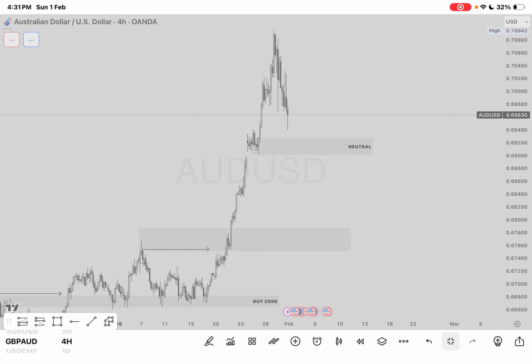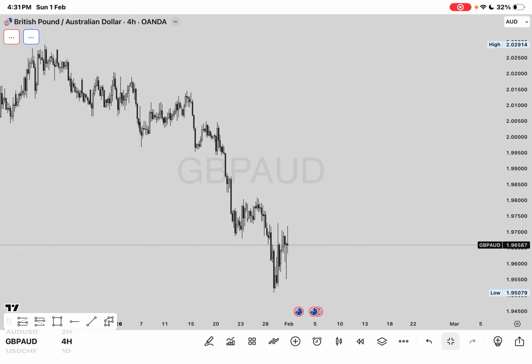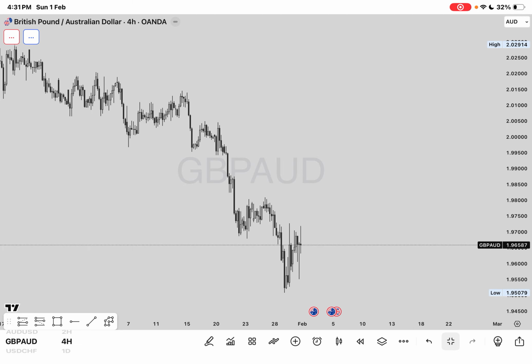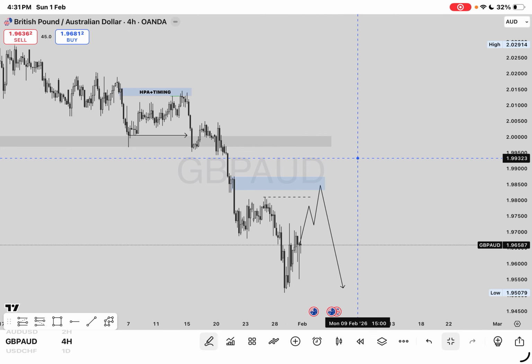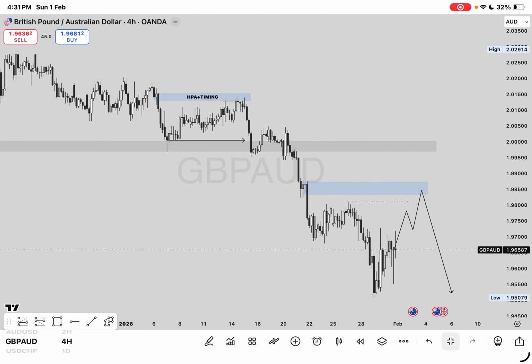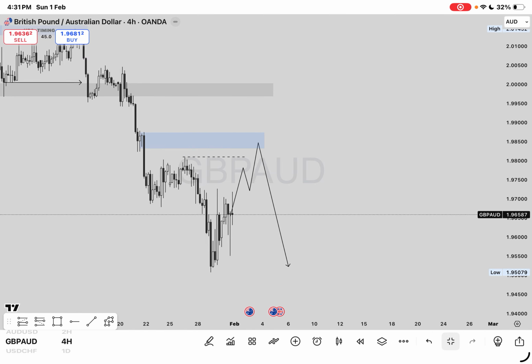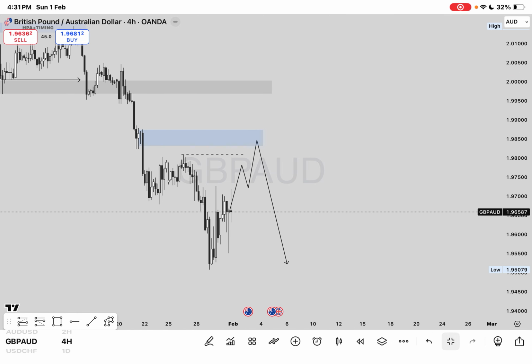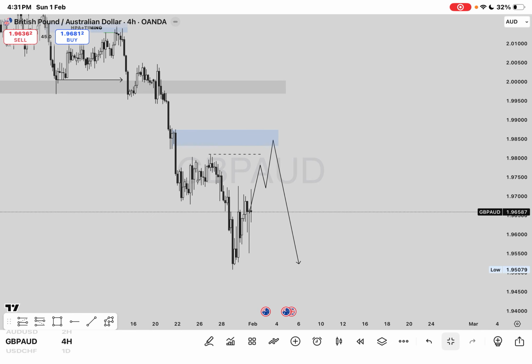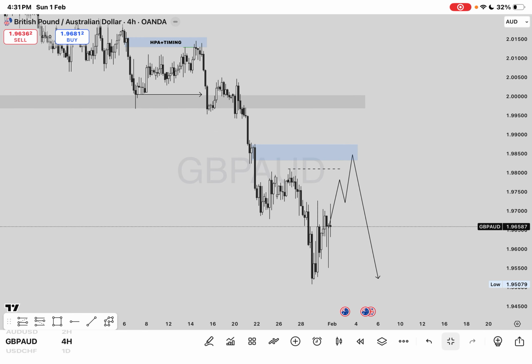GBP AUD is giving a huge retracement as well. If the market gets to a good level, we can take the trade at that zone. And I'm looking at this level over here. You can see this is the level I'm looking at, because of the mid pivoted order block there, and there's a sweep of liquidity. This looks like a very good concept to actually sell the market. So if the market gets there, you can now sell. Did I say buy before? I meant sell. So that's it simply.